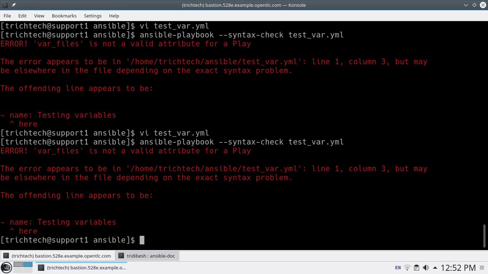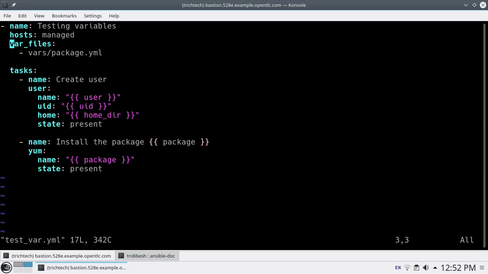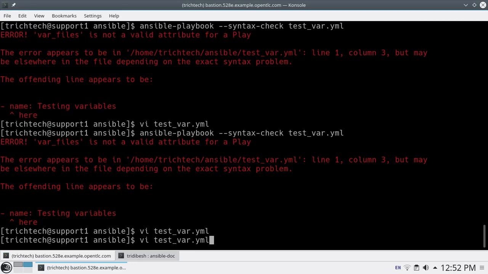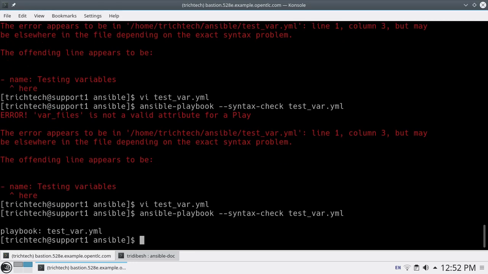It is still giving an error. Sure, this is vars underscore files. Let me check it once again. Now it is fine.